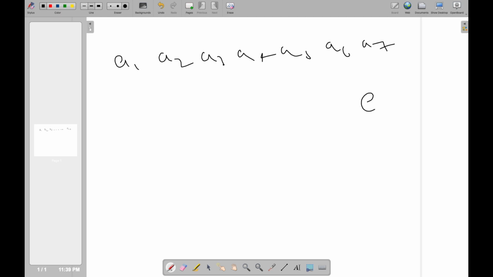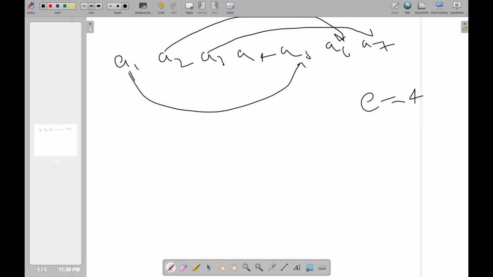and k was 4. Then that means there is some sort of grouping. So a1 goes with 1, 2, 3, 4. A1 goes with a5, a2 goes with a6, a3 goes with a7, and a4 is alone. So as you can see, there are e groups, and each group is of size n by e, and we just have to solve for each independent group.